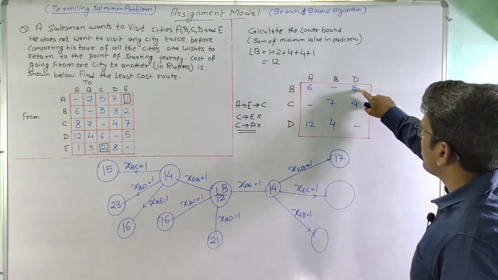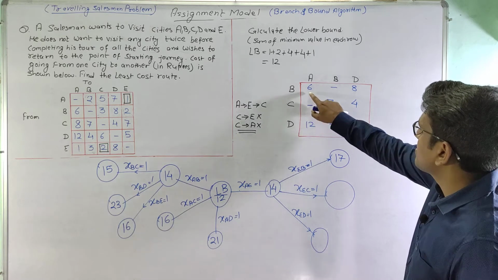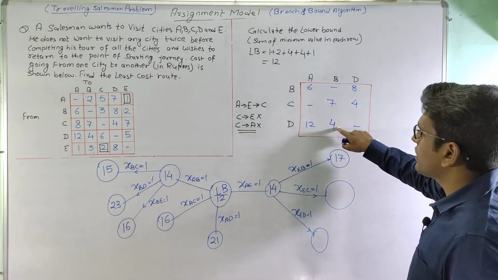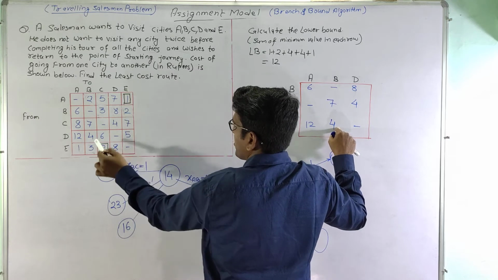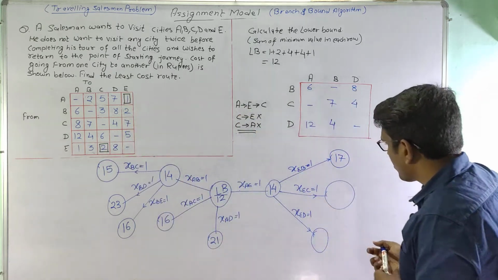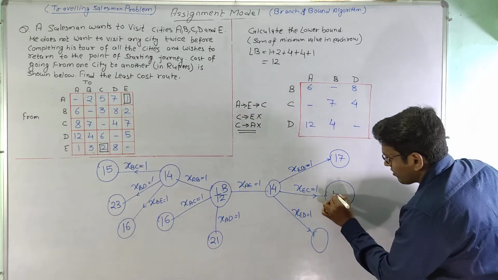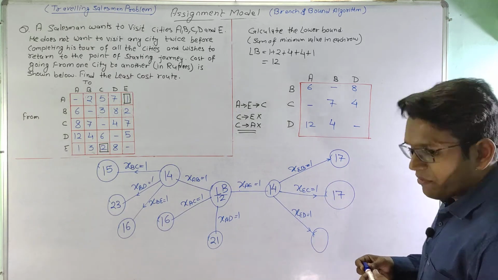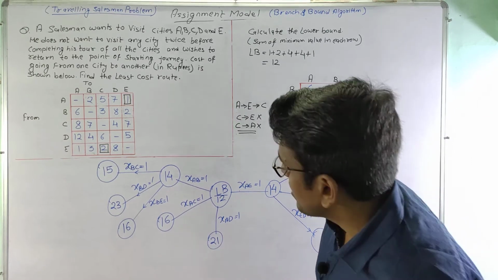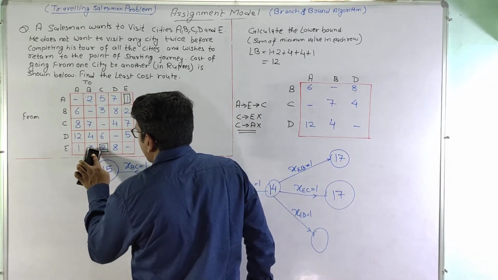Now we will calculate the lower bound for these values. So this is 6 plus 4, 10 plus 4, 14. 14 plus 2 plus 1, 3. 14 plus 3 is 17. So the lower bound for this is also coming as 17. And now we will see what will happen if we assign